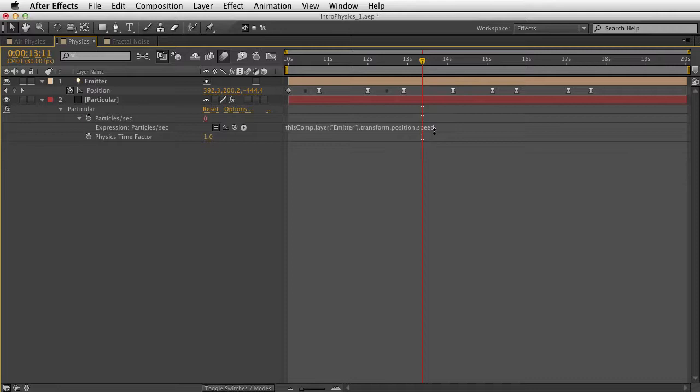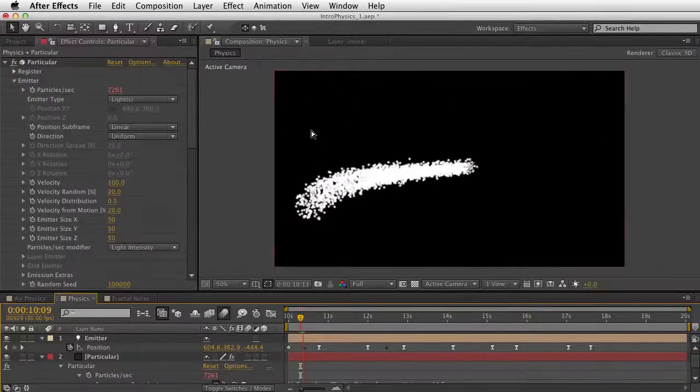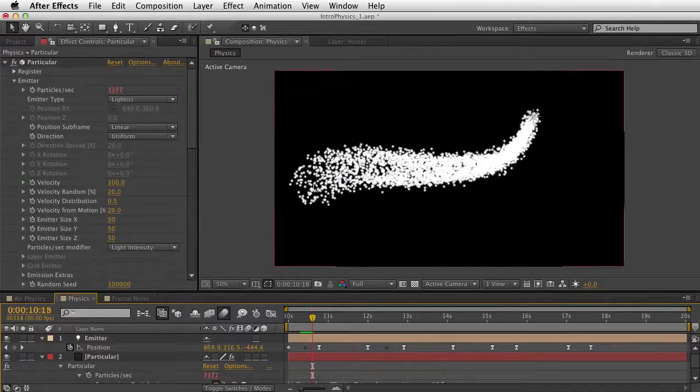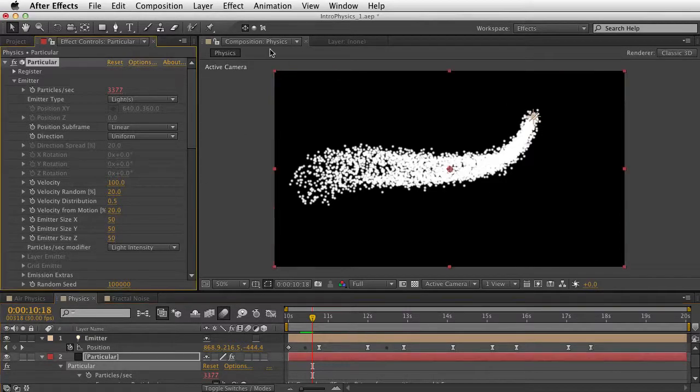If I'd like more or less, I could go in here and add perhaps a multiplier, using an asterisk for multiplication, and then multiply that times 5. Now, in a case like this where I'd like some pixie dust, I probably want quite a few particles. Now, what's going to make this feel quite magical is jumping into that physics section